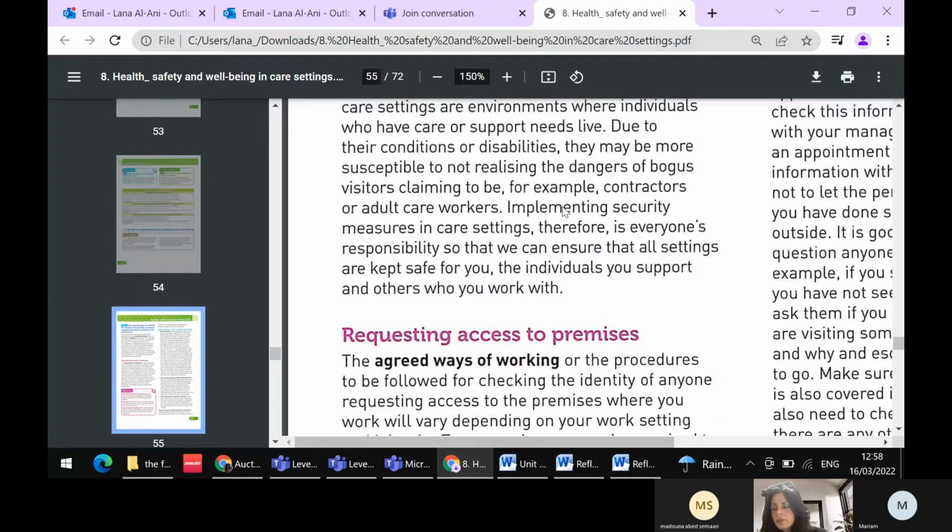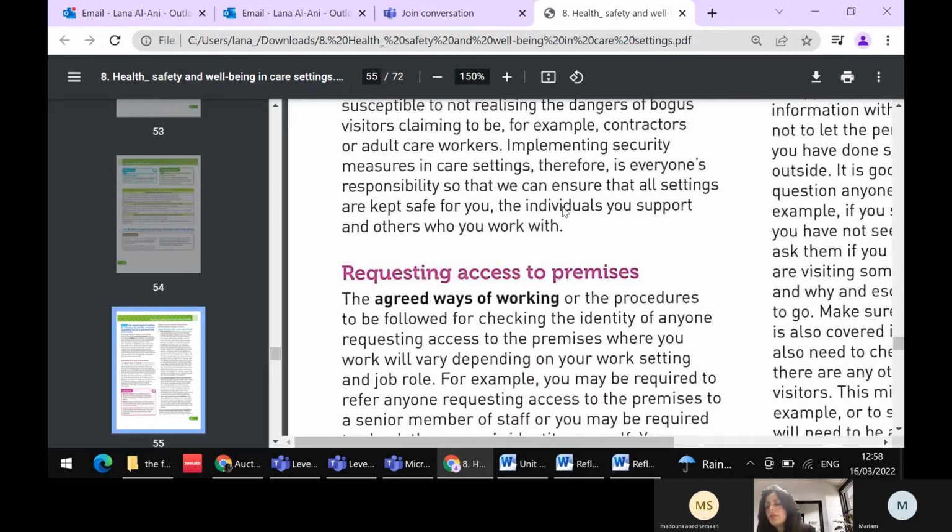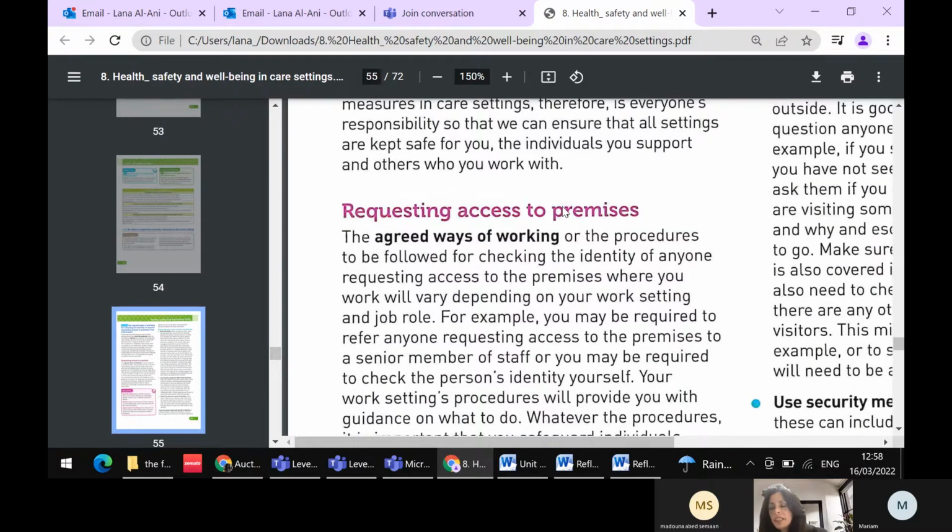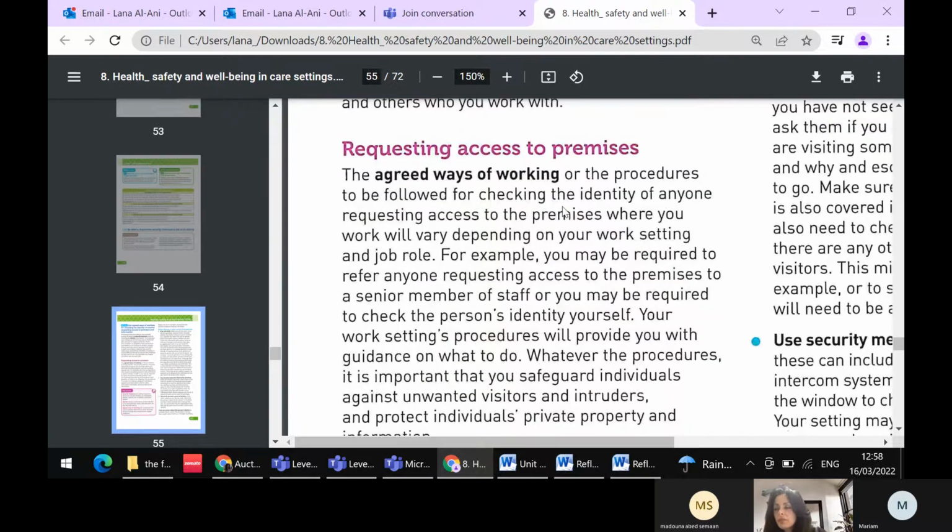And then, to follow the agreed ways of working, I need to make sure that these visitors sign the entry book. They have their name there, just in case there's any fire or accident, at least we would know that this person is still in the building. They need to sign out when they leave. It's very important. We need to give them a temporary badge to know who they are and why they are there, their names. And then after that, I need to ask them to wash their hands. It's very important.